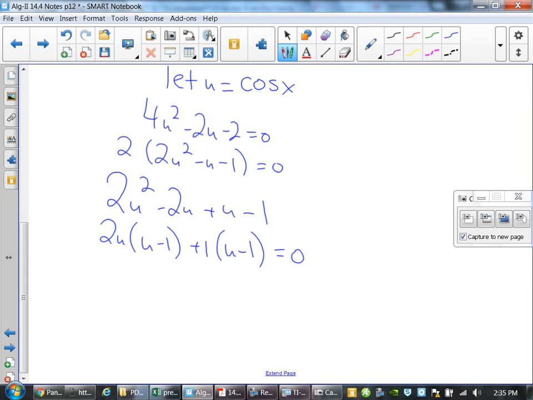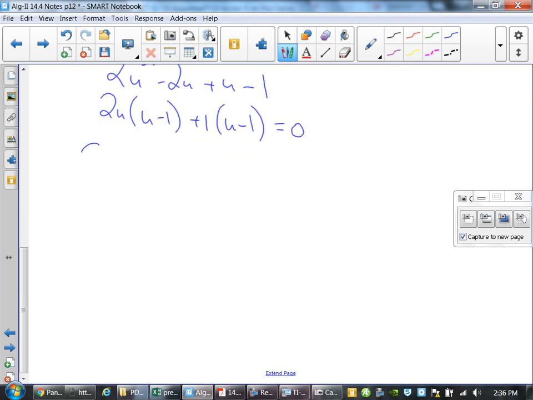What did you stand for again? You put it back in. Where did you get the minus 2? What times what is negative 2 and you add together to get negative 1? Oh. So I'm just going to rewrite my terms as 2 cosine x plus 1 and cosine x minus